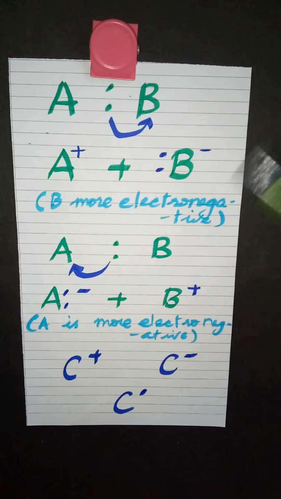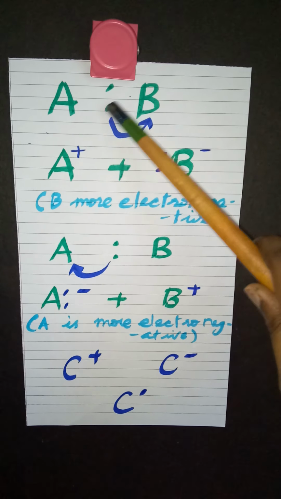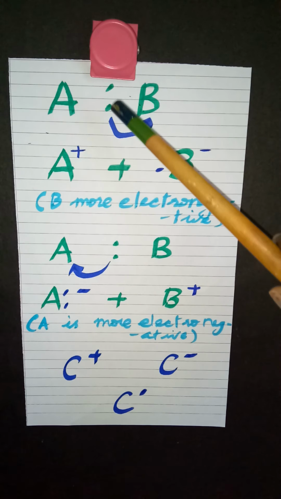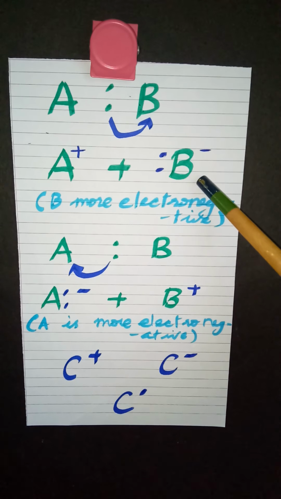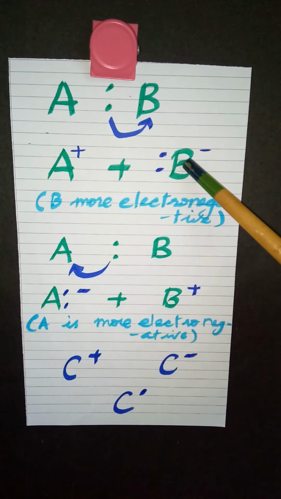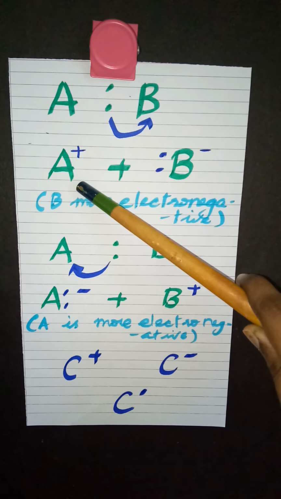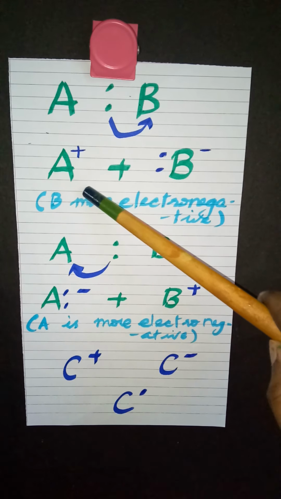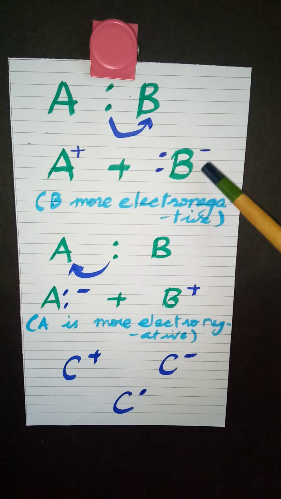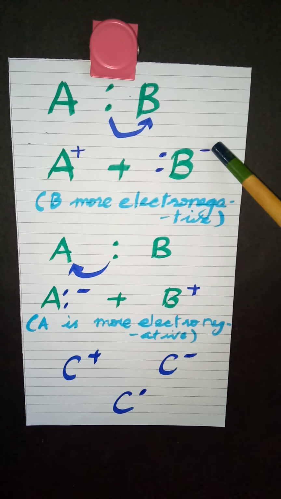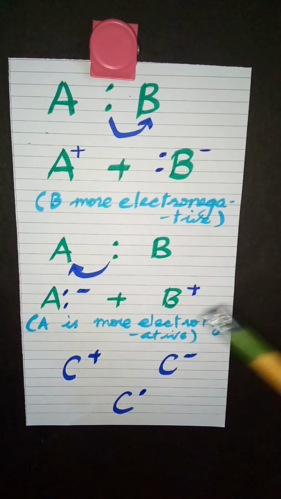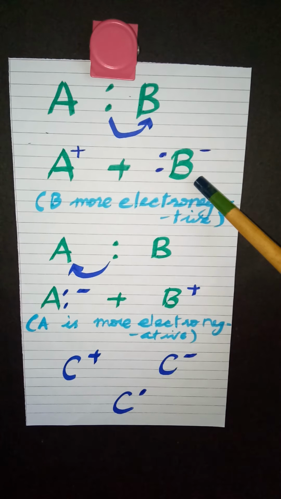And this is another type of cleavage where the bond between these two atoms is broken in such a way that one atom carries both the shared pair of electrons. This happens when that particular atom is more electronegative than the other atom. So when B is more electronegative than A, when this bond cleaves, B goes with both the electrons, A goes with a positive charge and B carries a negative charge. This type of cleavage is heterolytic cleavage. But in the case of free radicals, each atom takes away one electron. Here one atom takes away both the electrons.